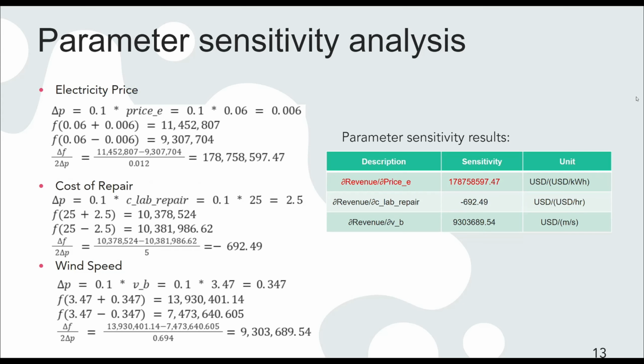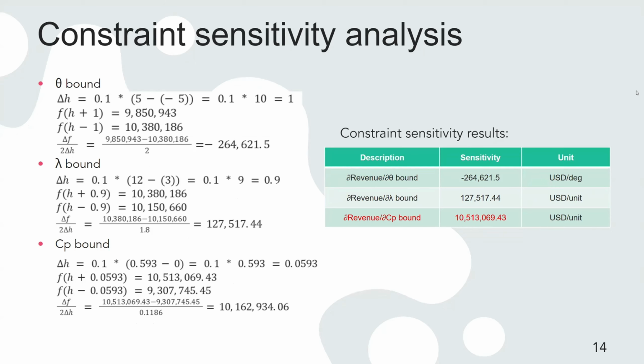shown in the table. Next, we evaluated the sensitivity of the system to key constraints, specifically how tightening or loosening the bounds on key variables impacts revenue. We perturbed the allowable range of pitch angle, tip speed ratio, and power coefficient constraints. Similarly, the CP constraint is the most sensitive constraint for the global objective function, which is also with the smallest